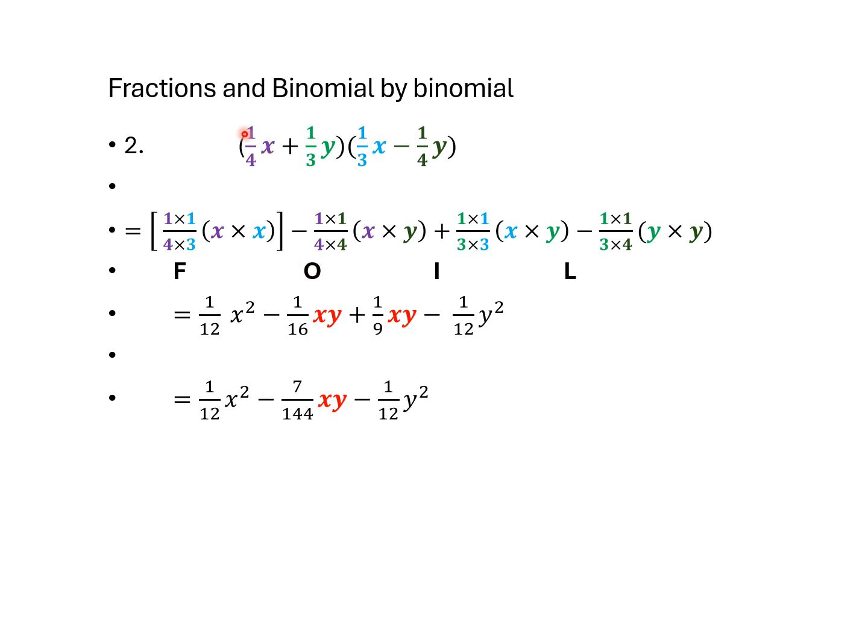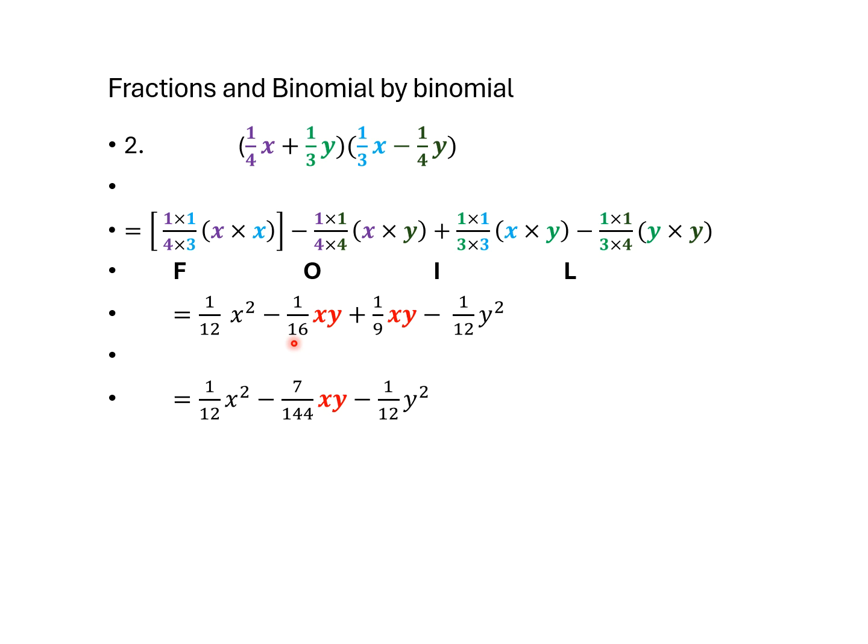Then the two outers, so outside term and outside term. So 1 times 1 stays 1, 4 times 4 gives me 16, xy. Then the inner terms, inside, 1 times 1 would give me 1, 3 times 3 gives me 9, x times y stays xy, and then here, negative 1 times 1 is 1, 3 times 4 is 12. So the two last terms in the bracket. y times y, y squared. Now again, take note, xy and xy are like terms.